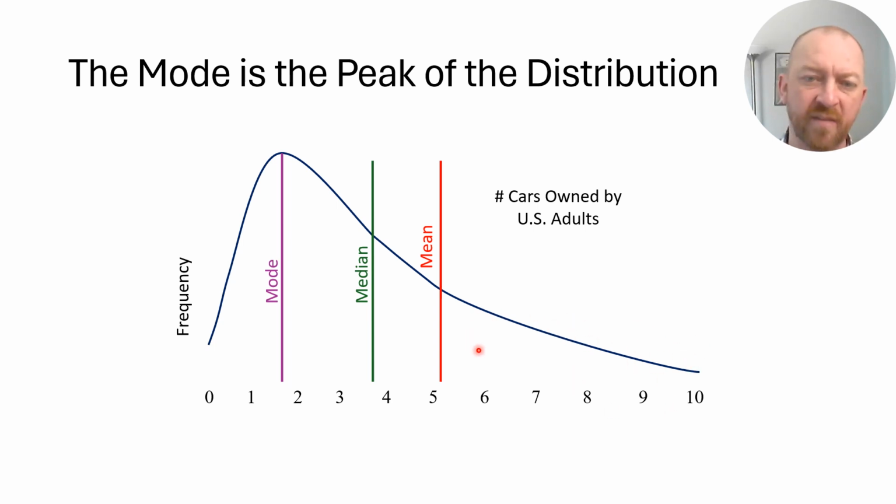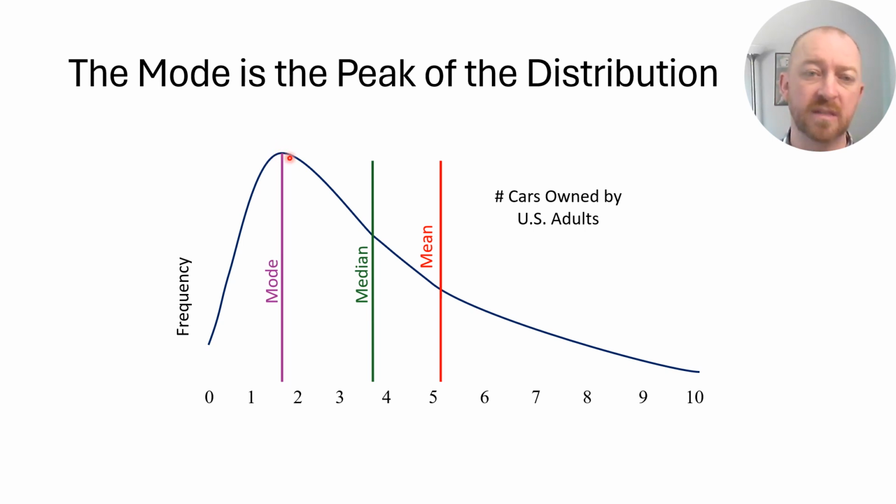So if you have people who have more and more cars, but there are fewer people who have those cars, the farther they get from the middle of the data set, which would be roughly here, and by definition would be the median, the mean starts to get farther and farther away from that by those more extreme scores. So that's an issue. The median is of course right in the middle, and it just finds exactly the middle point of the data.